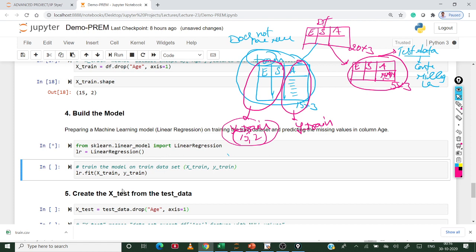We have to train the linear regression model by using this X train and Y train. X train means this, the shape is 15, 2. So this is the X train, this is the Y train. Y train means 15, only 15.